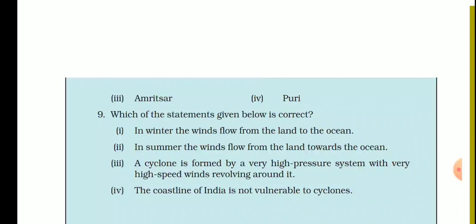Second, in summer the winds flow from land towards the ocean. No, it is wrong. In summer the winds flow from ocean towards land, because in summer the land gets heated faster than the ocean, so the air above the land becomes warmer and rises up, creating a low pressure area, and above the ocean it is a high pressure area, so the wind moves from the high pressure area to the low pressure area, and the wind moves from ocean to land. Okay, first, in winter the winds flow from land to ocean. This one is correct. So the option that is correct is first, in winters the winds flow from land to ocean. Okay, students,